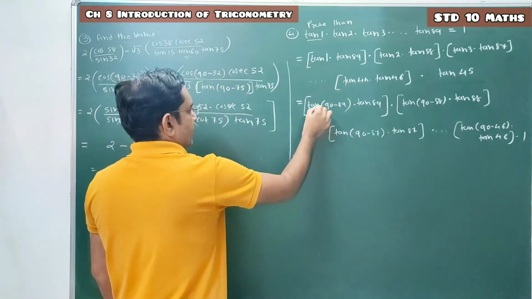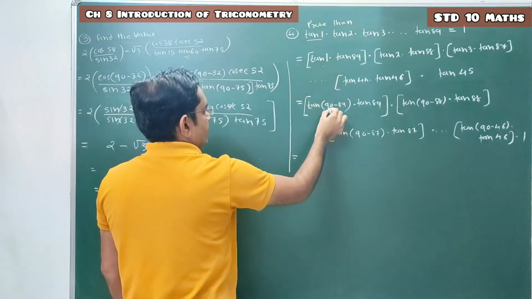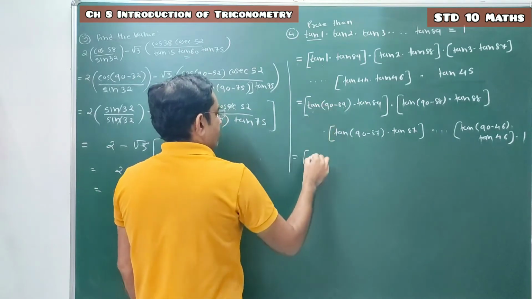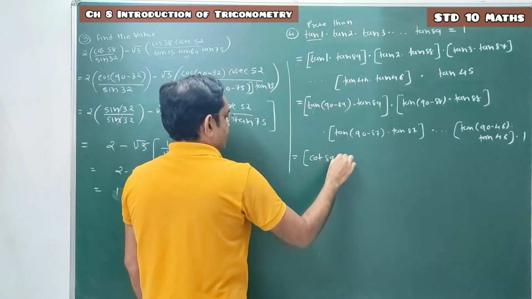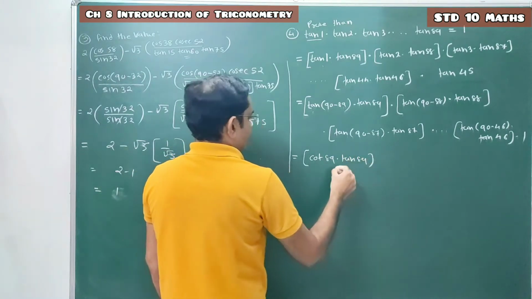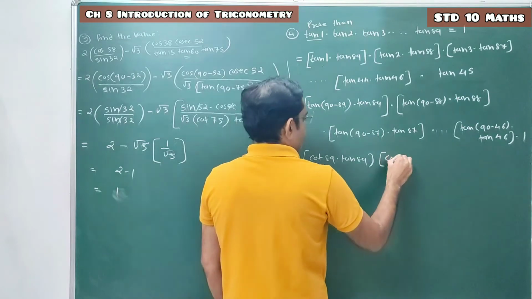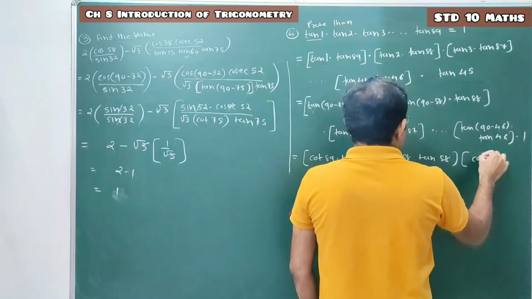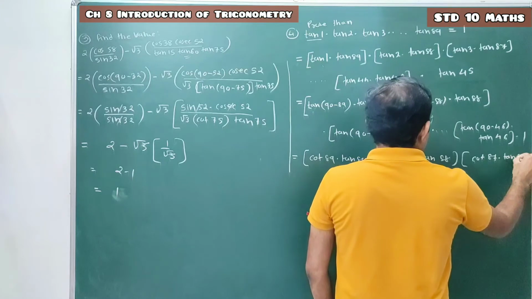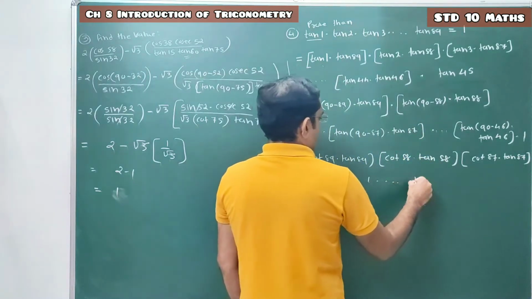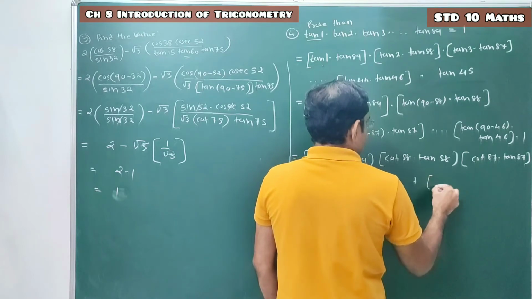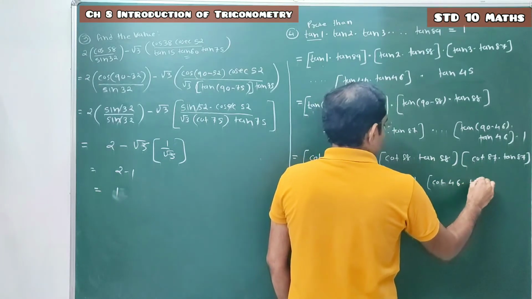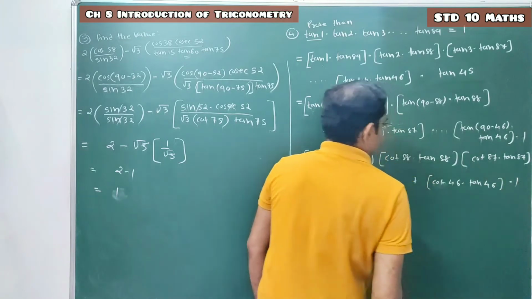So this is equal to tan of 90 minus 89, which is tan 1, but 90 minus angle is the complement of the angle, so tan will convert into cot. So it's cot 89 into tan 89. So here we get all pairs of complement angles: cot 88 into tan 88, cot 87 into tan 87, and the last cot 46 into tan 46, and at the end, multiplication by 1.